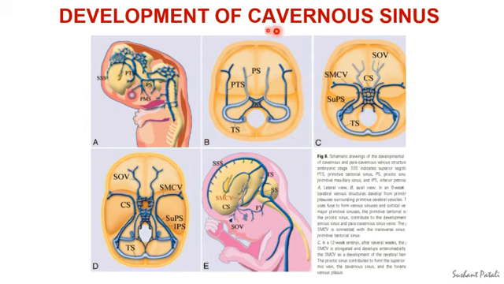What is the development of the cavernous sinus? I will just mention very briefly, because this is anyways going to be covered in embryology. So the development of the cavernous sinus is from the cephalic part of the primary head vein, which lies rostral. Basically, it is the rostral continuation of the anterior cardinal vein. So the incorporation of the plexiform tributaries during the development of the sinus makes the interior of the cavernous sinus trabeculated.